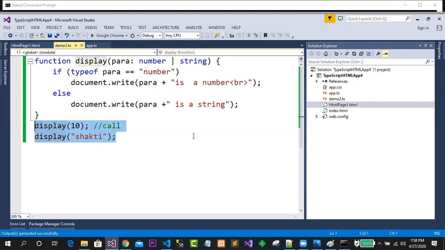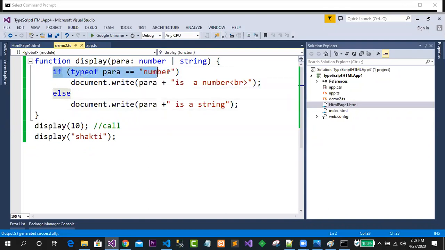Which output are you expecting over here? If this is being called, it is going to check. 10 is a number, so that is why it is printing this one. If I call this one, your value has been assigned to para. So it is checking whether para is of kind number or not.